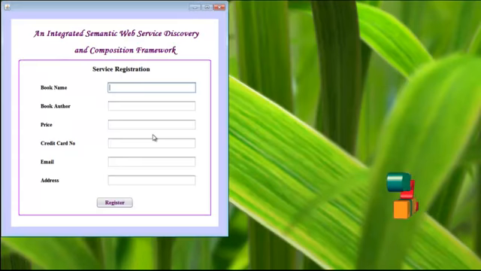So login is successful, and we go to the service registration page. Give the details properly.